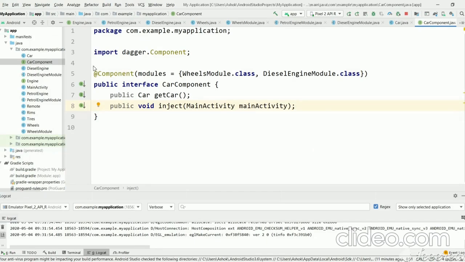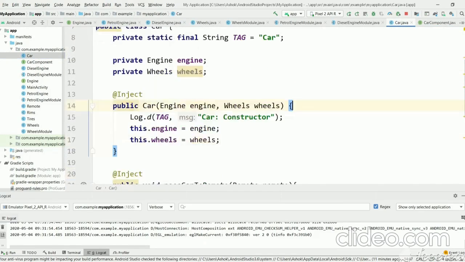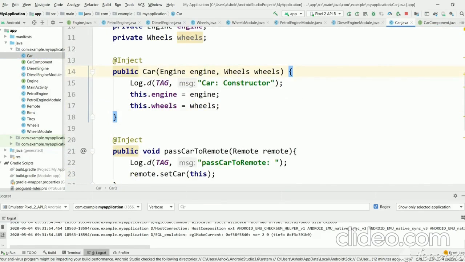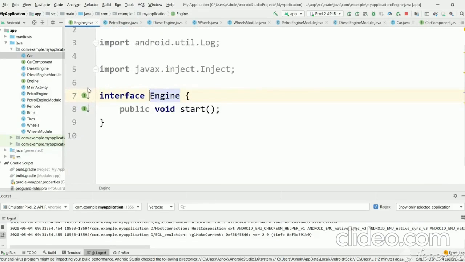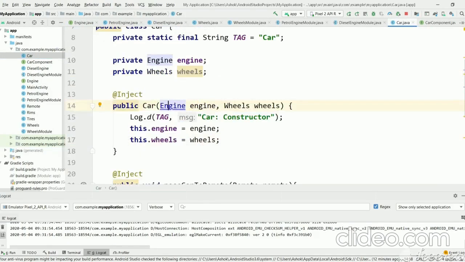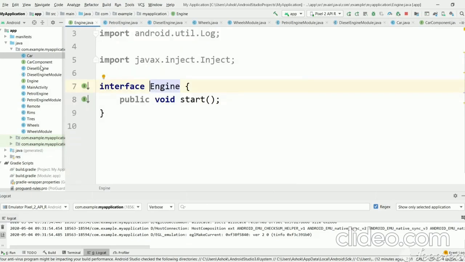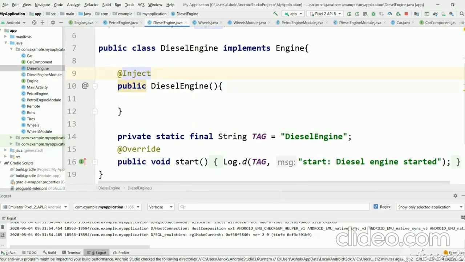Let's say car is dependent on engine and wheels. And engine is an interface, and it has two implemented classes. Let's go to diesel engine. Diesel engine presently doesn't have any arguments in the constructor.